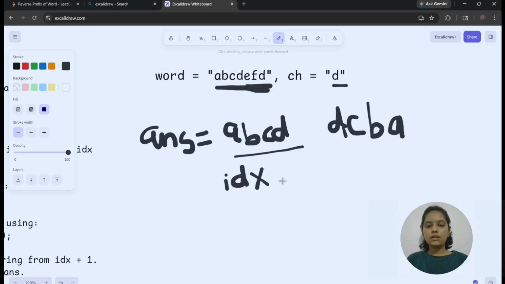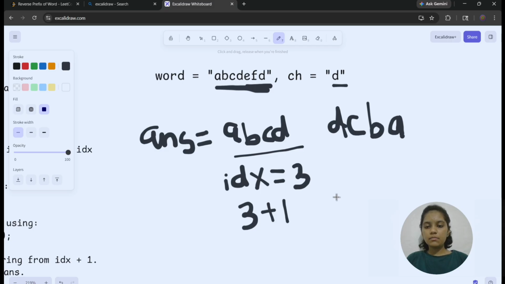So here I have a store index equal to 3. So I have to start the loop from index plus 1, which is 3 plus 1. So here I am starting the loop from index 4, which gives me the character starting from E.